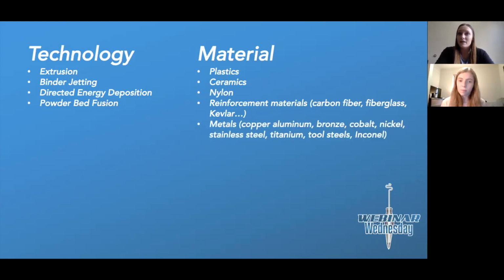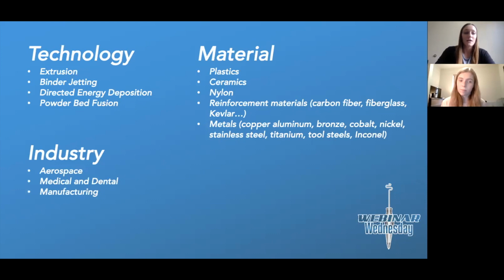And the variety of metals that we can print in today is incredible. All kinds of tool steels, titanium, stainless steel, cobalt, nickel, copper, bronze, the list goes on and on. And then the industries that are using 3D printing just continue to grow. This is a general list of some of those, but each of these industries is finding increased use cases